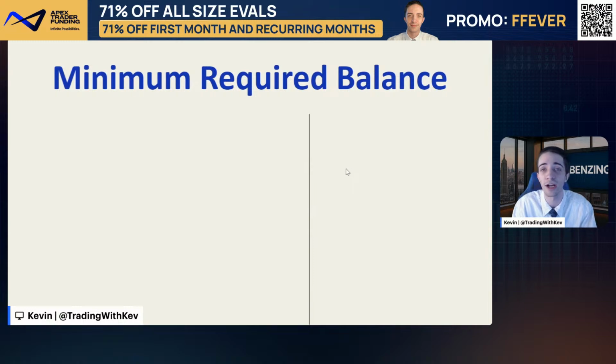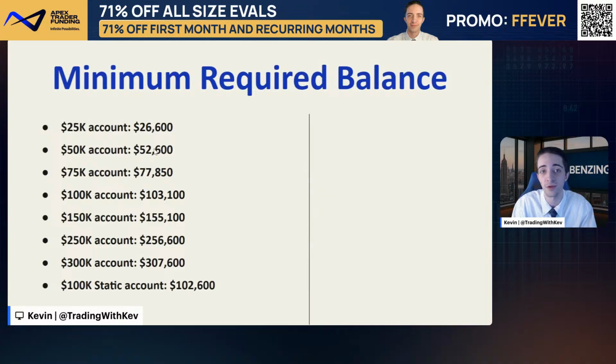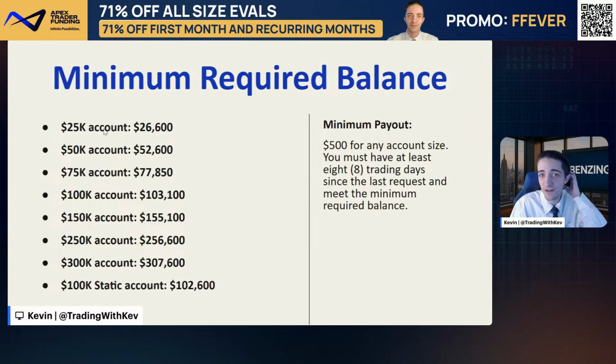Now, minimum required balance, I wanted to make sure I covered this slideshow too, just so you guys could see where your account should be when you're funded to be able to take a payout. Now, the minimum payout you could get on any account size, guys, is $500. So you can't take out 100, you can't take out 200. Minimum is